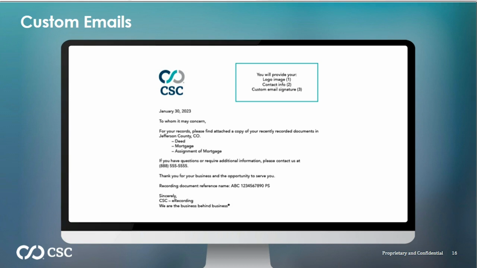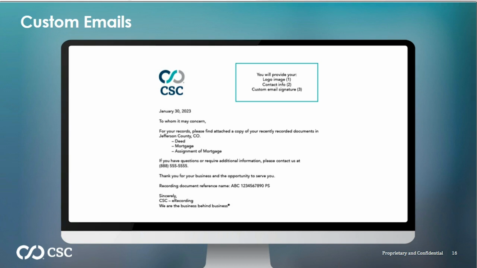We prepare an email, or you actually control it within ePrepare, where you can generate a custom email to be sent to your clients, along with an image of the recorded document as part of that email notification. In general terms, we provide the language in there, and then it'll input or map the necessary data from the recorded document, such as the reference name, the reference number, the type of document it is, things like that. So when your client receives the email, they'll know exactly what it's in reference to, and it's just one less thing they have to worry about on the back end.